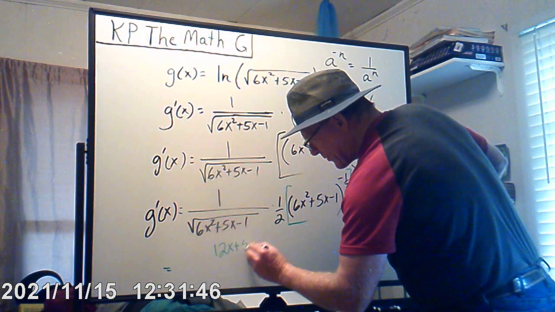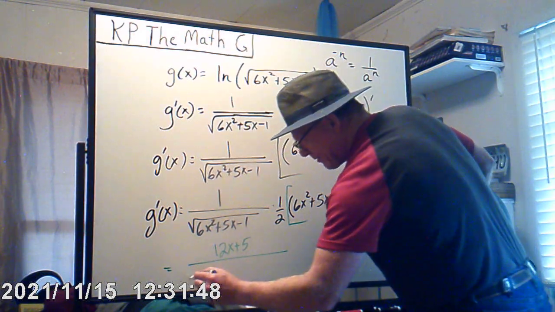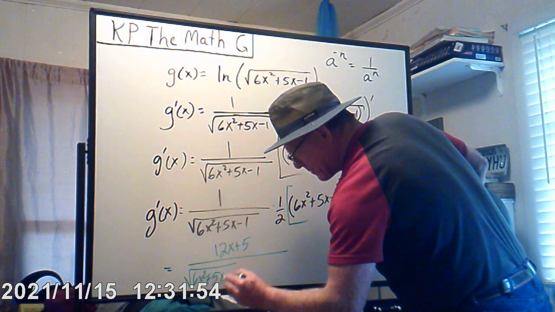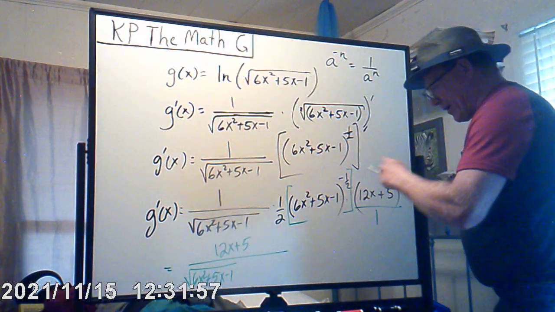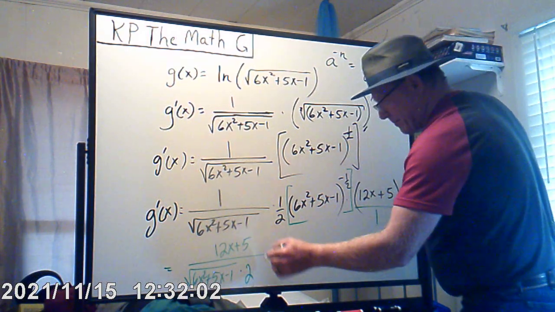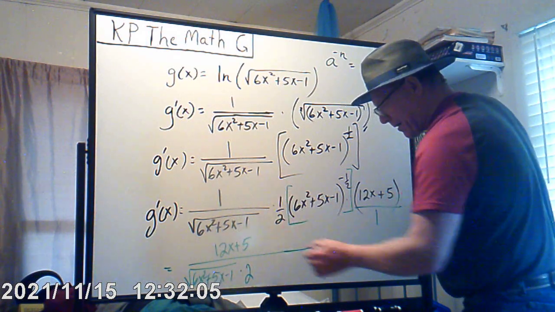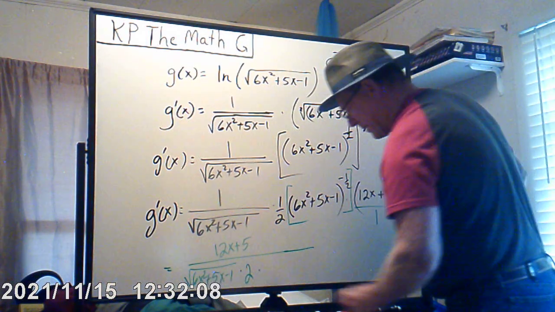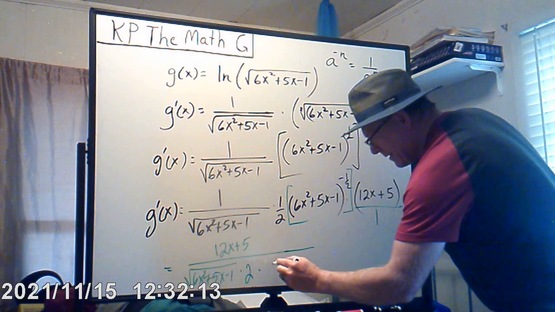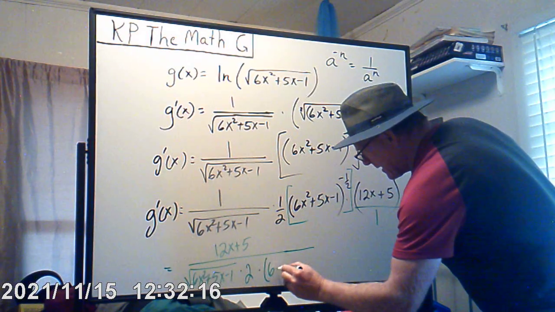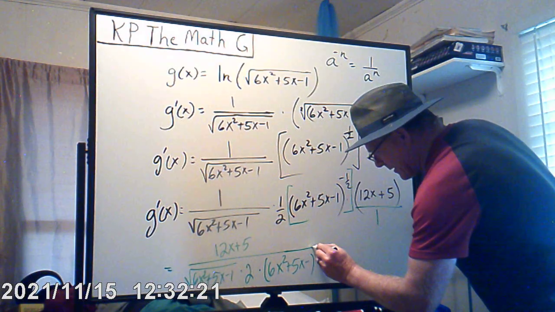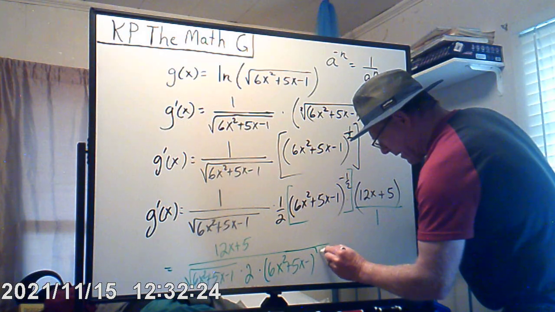12x plus 5. And then we have a square root of 6x squared plus 5x minus 1. And by the way, this is times 2 now. Okay, the 1/2, the 2 goes in the bottom, in the denominator. That's where the 2 comes from. Now we're going to make this to the positive n. Okay, so 6x squared plus 5x minus 1, raised to the positive 1/2,